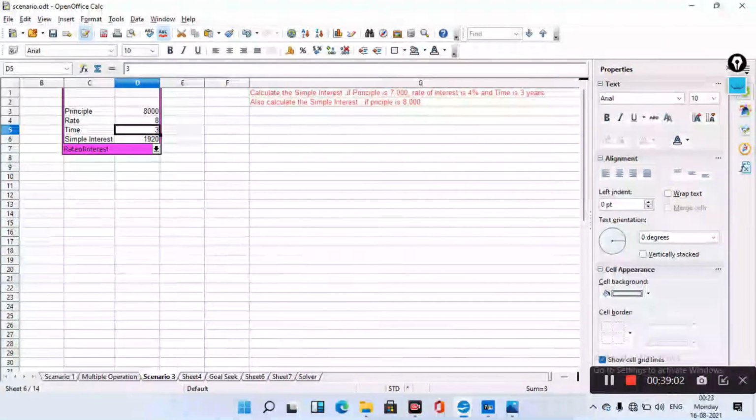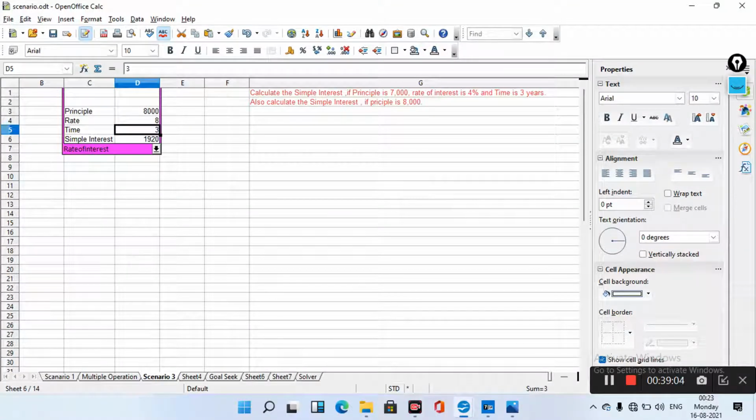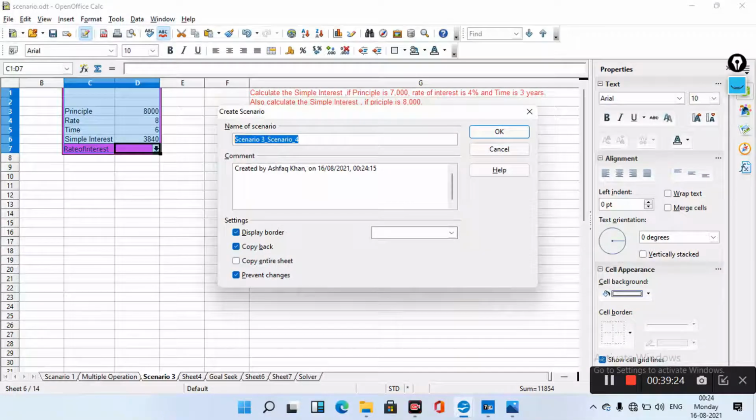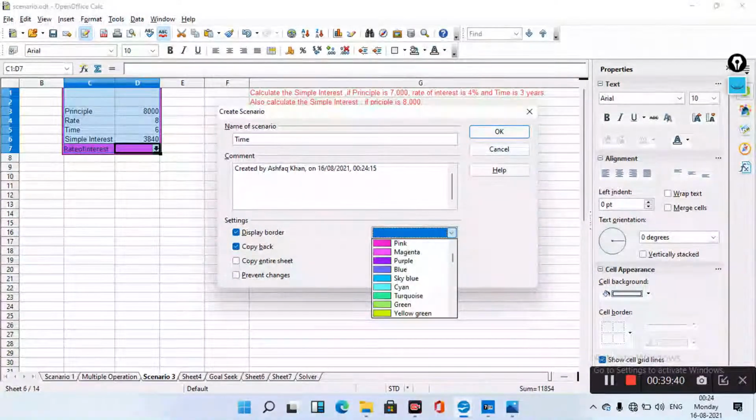If I click on change the time, instead of 3 years, if I increase the years to 6, the simple interest is 3,840. Select this, go to the tools, go to the scenarios, and give the name of the scenario is time, and uncheck this prevent changes and select any one color,